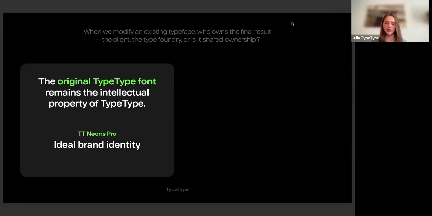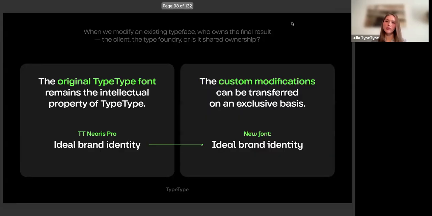It's about who owns the final result when we're talking about a custom typeface that is being modified. So the original, as I said before, it's the bread. The bread is the font that is intellectual property of Type Foundry. So we do not give exclusive rights to this font. So we keep the font. The rights are with Type. At any point in any situation, we do keep the TT. For example, TT Neoris Pro is owned by Type. But all the modifications, the jelly that we discussed, everything that is put on top of TT Neoris, as an example here,